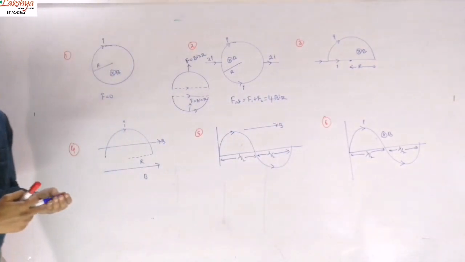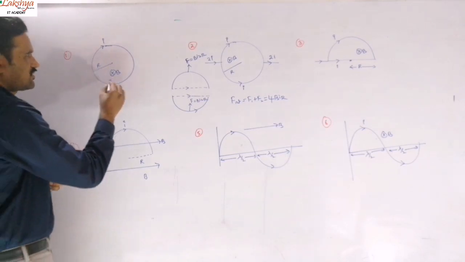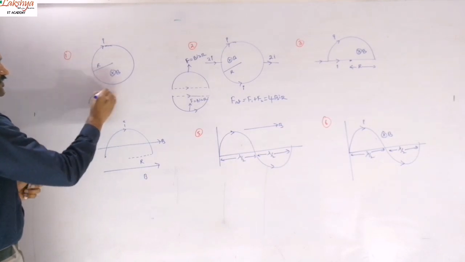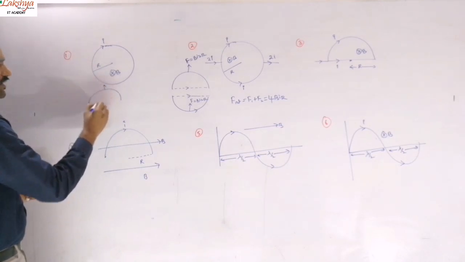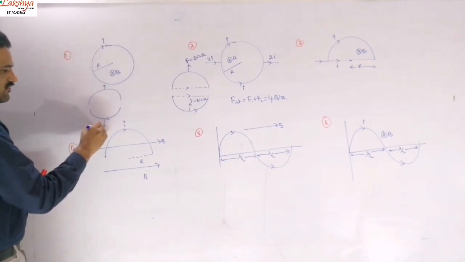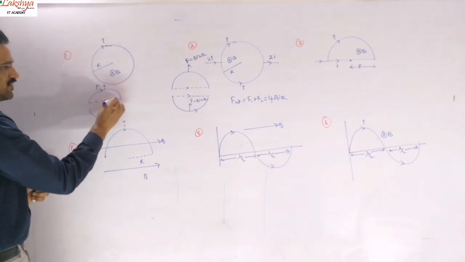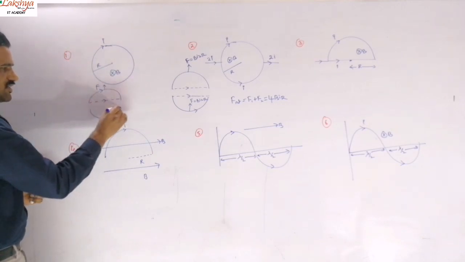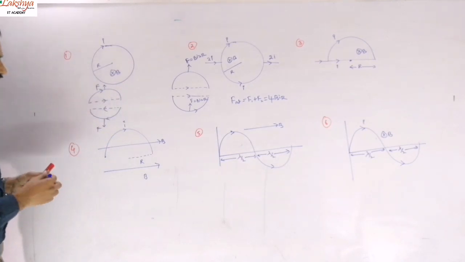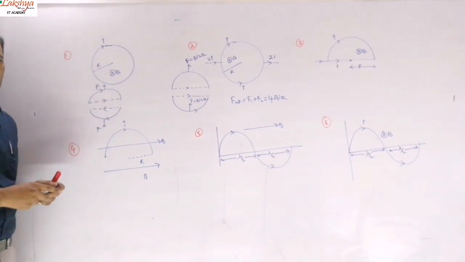Is it clear? So that means here if you are taking like this, for this also if you are explaining like that, then let us see how it becomes 0 here. The force acting on this semicircle will be in the upward direction like this, but the force acting on the lower semicircle, F, will be there like this. Because for the upper semicircle current is flowing like this, PQ if you consider, and for the lower semicircle the current we should take in the opposite direction there. In this, we are replacing this curved conductor by a straight conductor here, PQ.